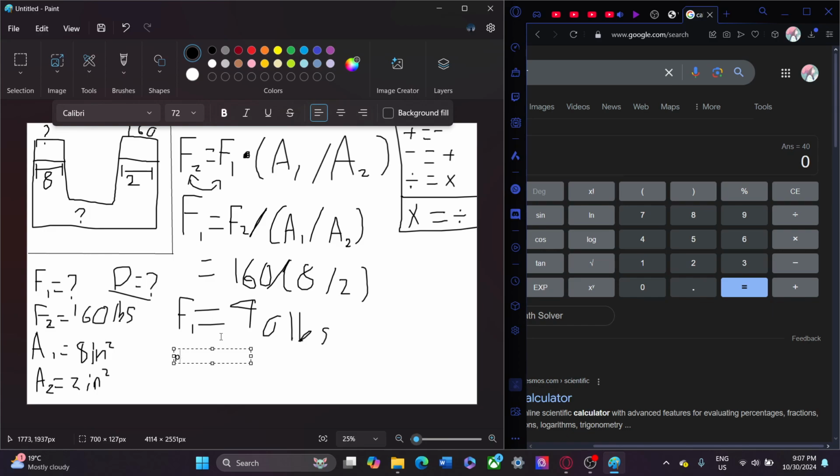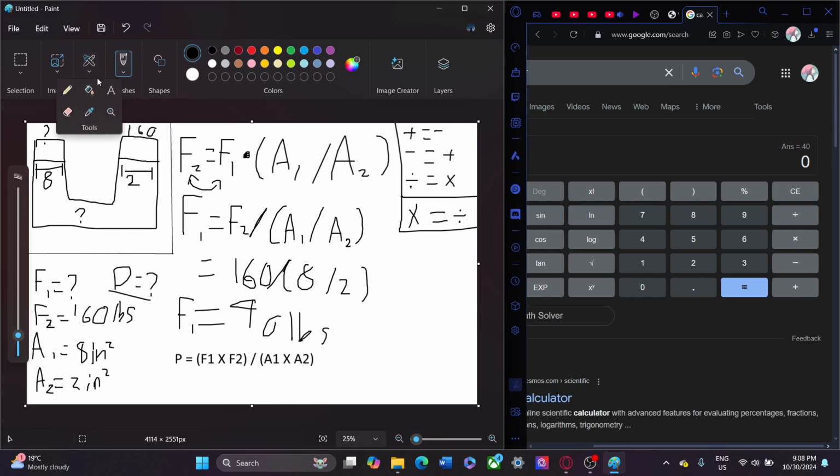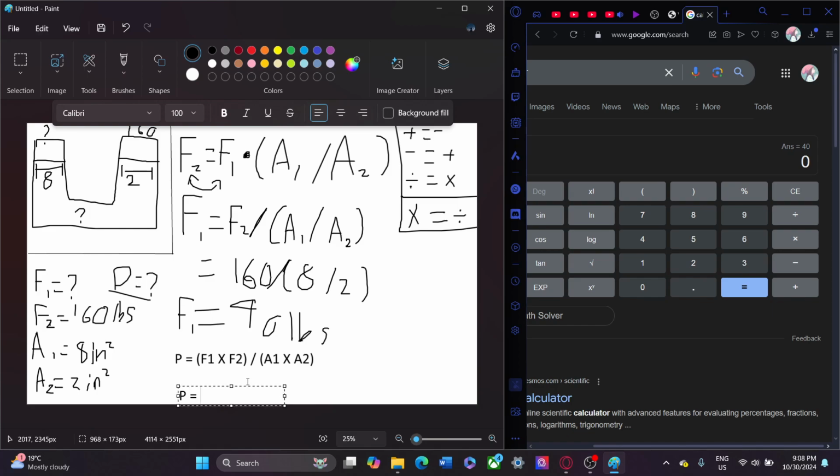P equals F1 times F2, bracket, divide, A1 times A2, which also equals P equaling